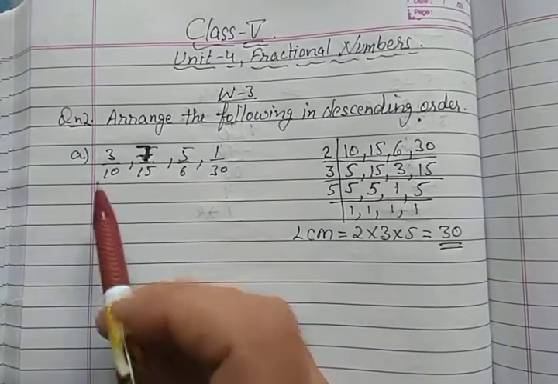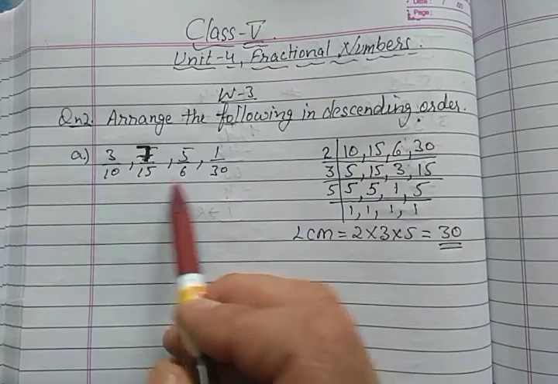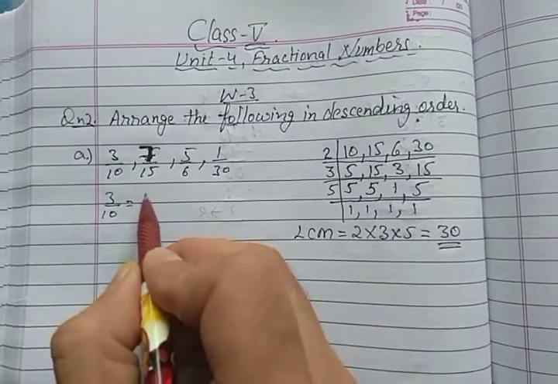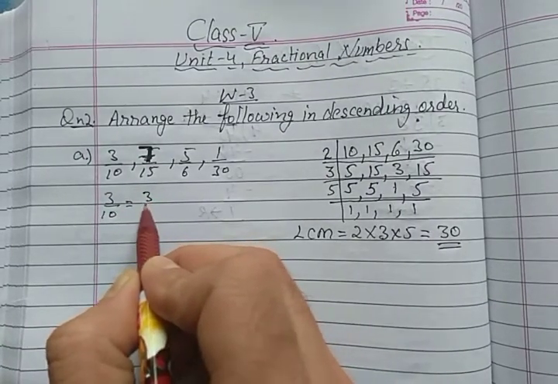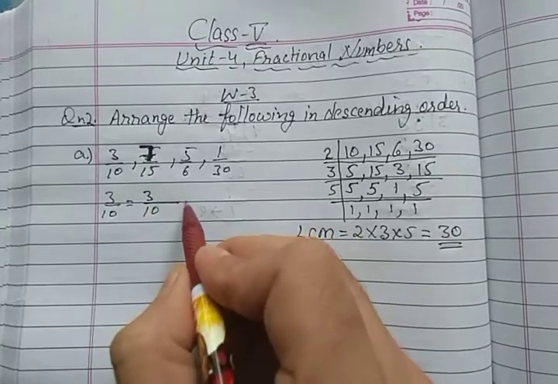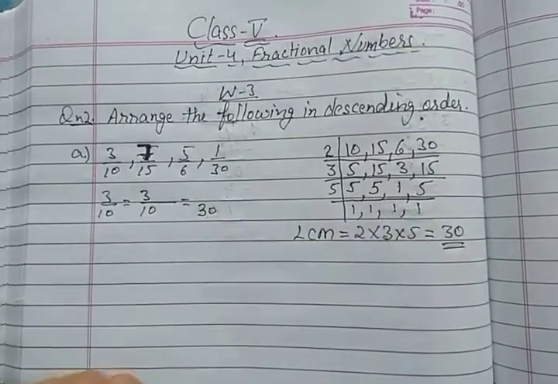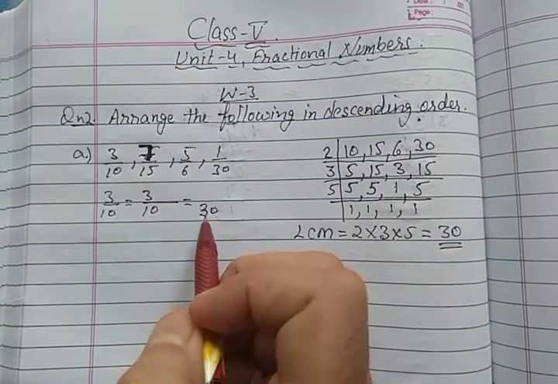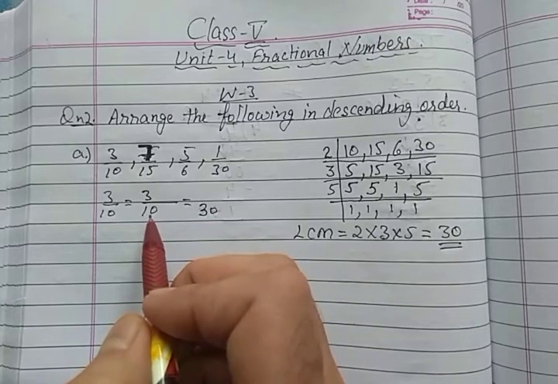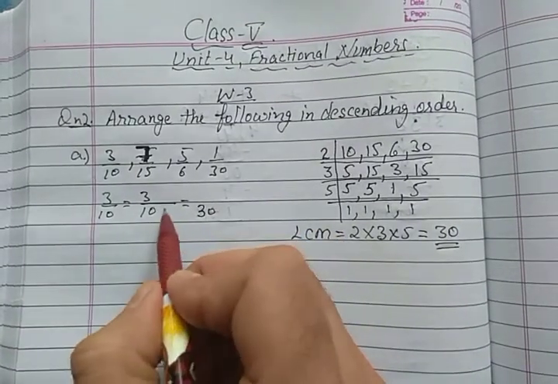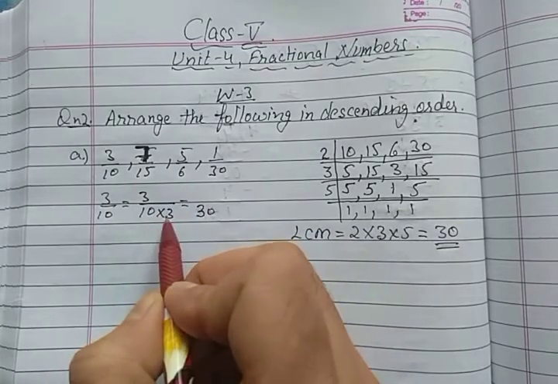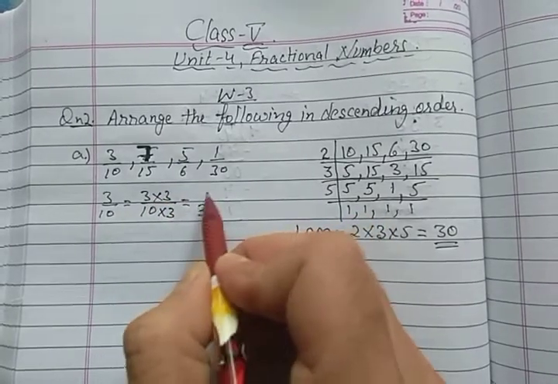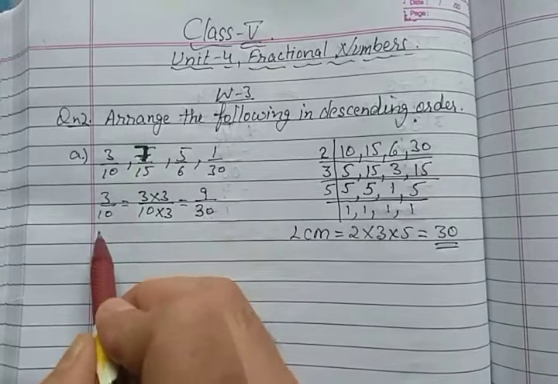Now we will make all these fractions like. Now 3 upon 10, so we will multiply the denominator by a number so that our product will be equal to the LCM. हम डिनोमिनेटर को ऐसे नंबर से मल्टीप्लाई करेंगे कि हमारा जो प्रोडक्ट हो वो LCM के बराबर आ जाए. तो that means डिनोमिनेटर का टेबल LCM तक. So 10 3s are 30. जिससे हम नीचे मल्टीप्लाई करेंगे, सेम उसी नंबर से हमें न्यूमरेटर को भी मल्टीप्लाई करना पड़ेगा. So 3 3s are 9. So 9 upon 30.